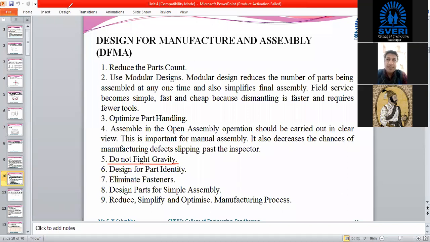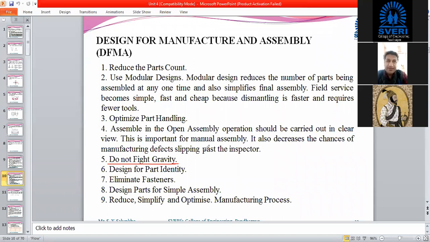Yes, sir. Okay, very good. So as far as we are going to assemble components together, it should not get lifted. If they are coming from the upper side, that will be better, so that we are not going to fight against the gravity. We are taking advantage of gravity, and at the proper place we can place that particular component.